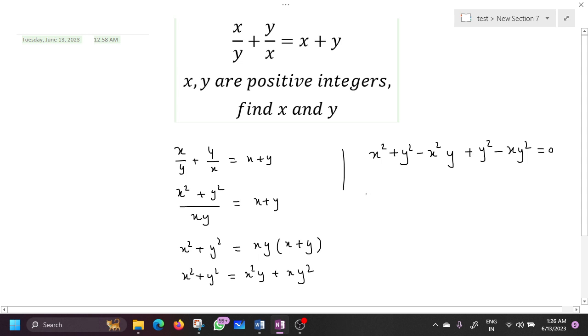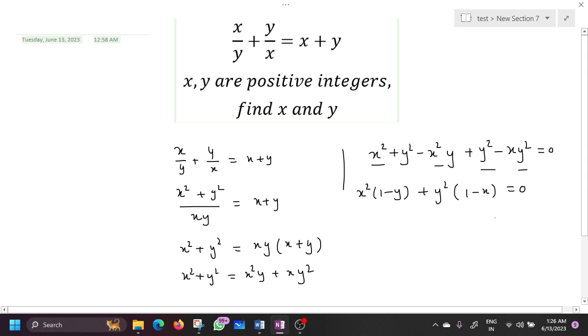Take common x square from the first and third terms. You will get x square into 1 minus y, and then take common y square from the other two terms. You will get plus y square into 1 minus x equal to 0. Now you know that